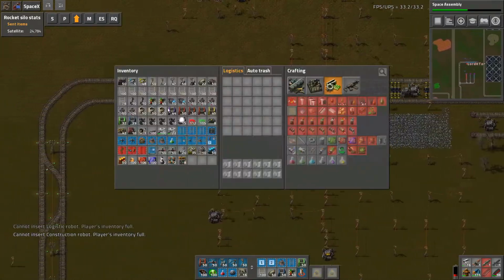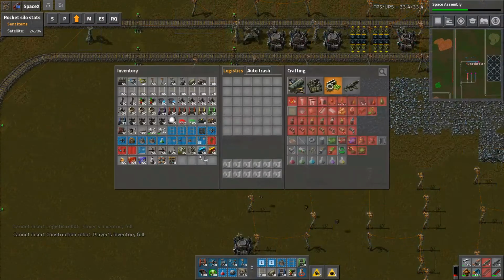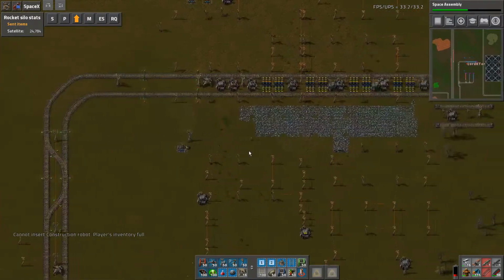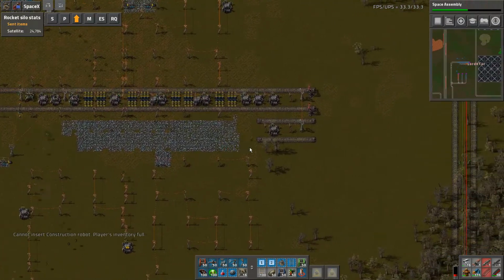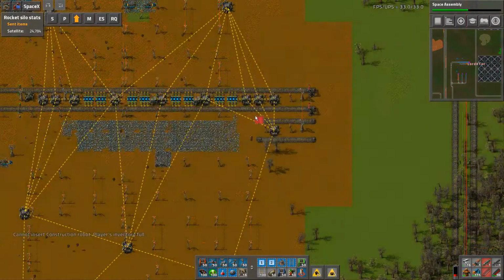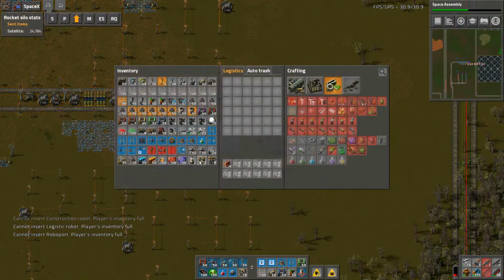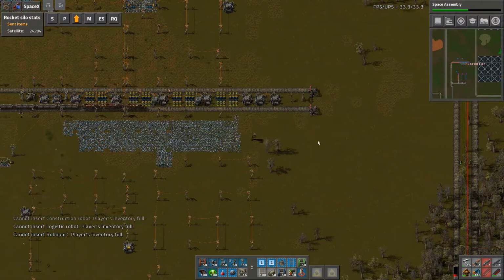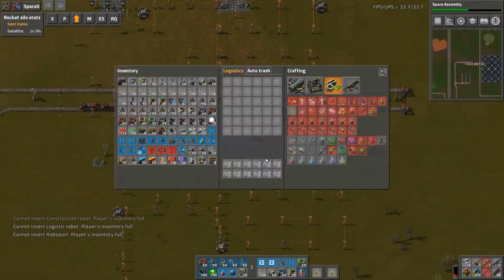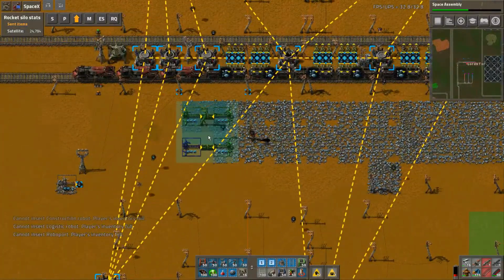You need power. Get rid of this bit. Whoops, not that far. Just make sure that these are fine. Yep, and we're actually getting a train arriving already. So now we just want to cover